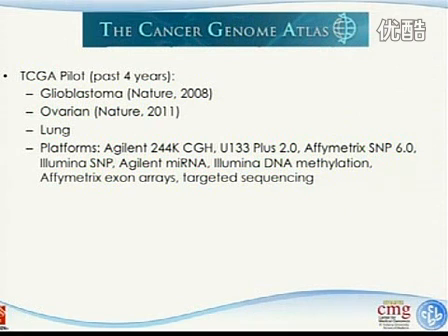So you can see they look at array CGH, which apparently is for copy number variation. And this is the Affymetrix platform to study gene expression and do genotyping, microRNA, DNA methylation, alternative splicing, and other targeted sequencing. So they're really trying to understand the genome, picking one cancer type and studying it from all different domains. This is clearly a consortium type of work. And